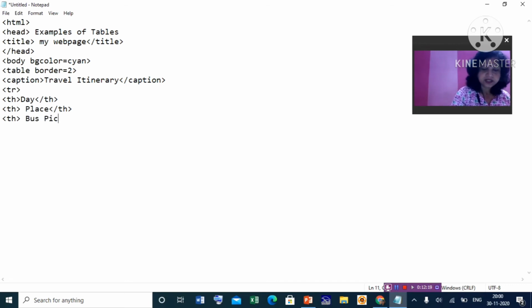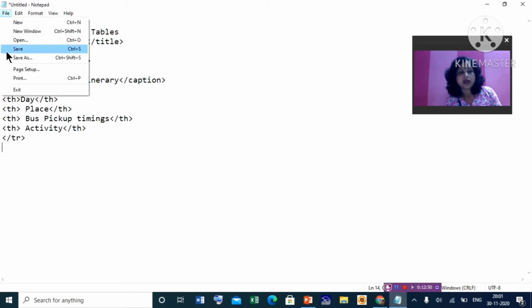This table is given in your book, you can refer. Then activity. This is your first row. So now the first row is over, and the TR tag is closed.